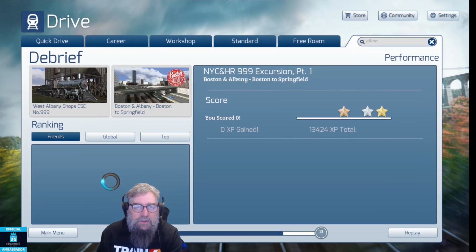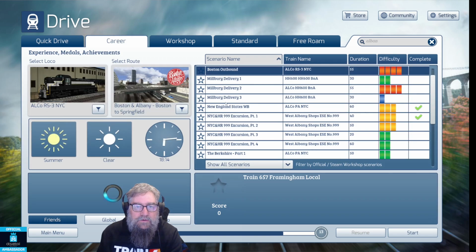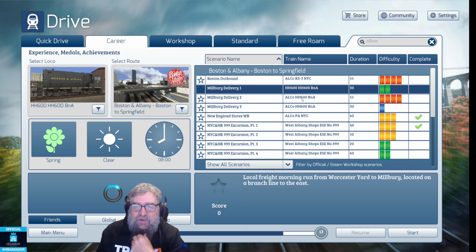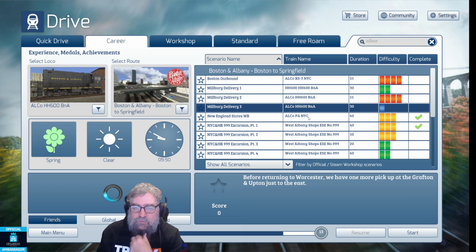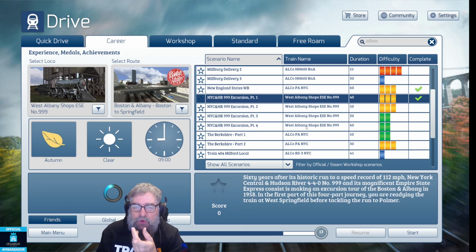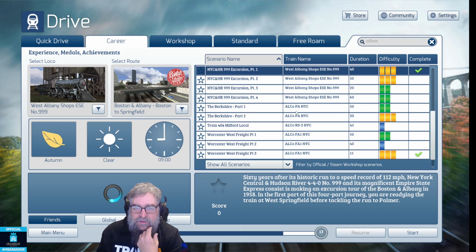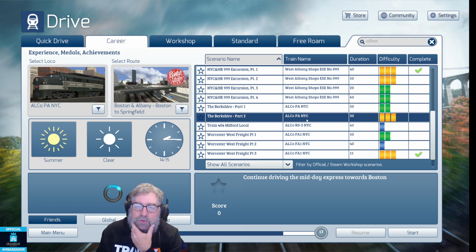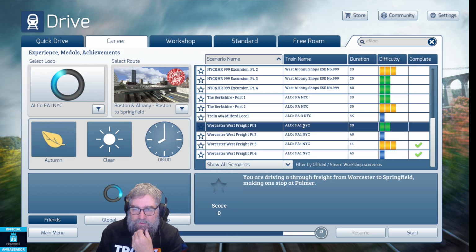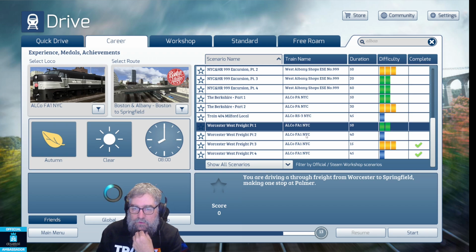Pop back to the menu now, and if we have a look at the Boston and Albany career, the route itself is quite a long one, and it does come with a good selection of scenarios. So there's the Boston outbound, or the Alco RS3, there's the H600, which has a few scenarios in different liveries. There's the Alco PA, which is the great big one with the deep horn. There's the 999, which doesn't come with it, it's a separate purchase. Then there's the Berkshire Part 1 and Part 2 with the Alco PA NYC, another good one. Another one with the RS3, a little shunter. And we've got the FA1, which is another larger locomotive with 4 scenarios running the Worcester West Freight Parts 1